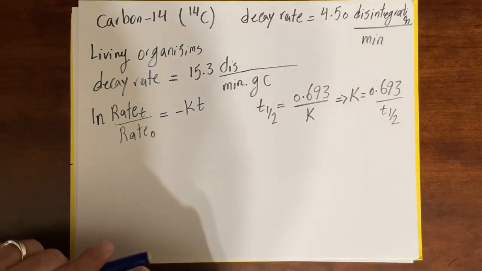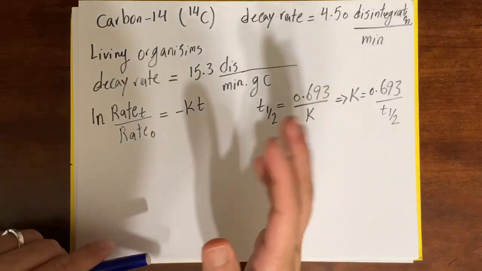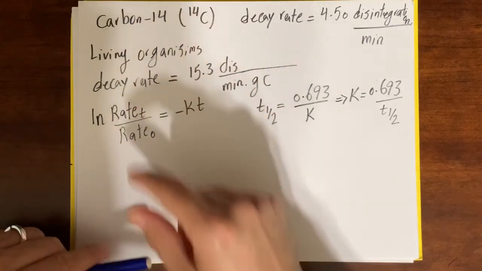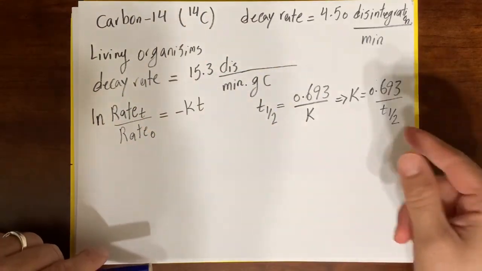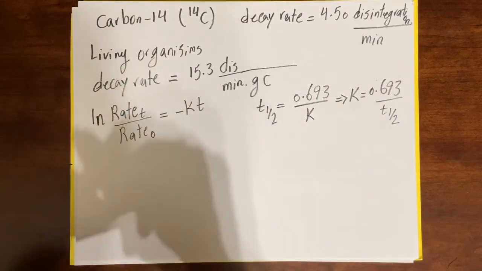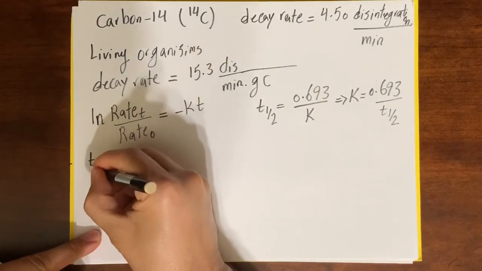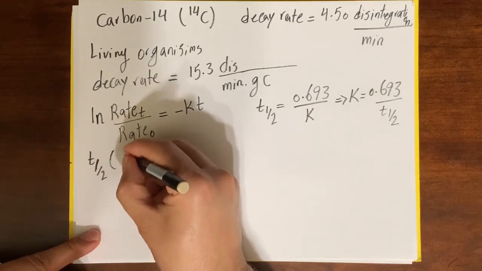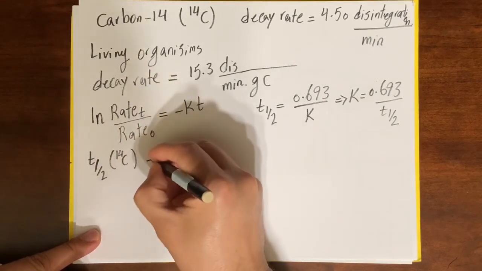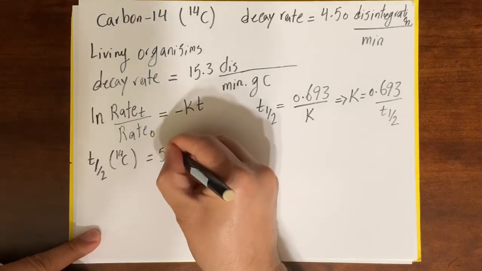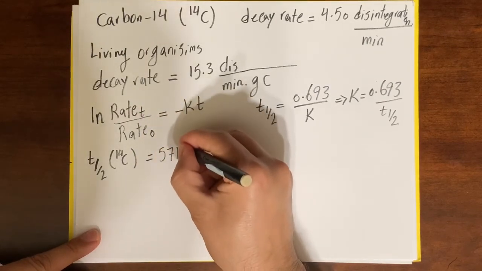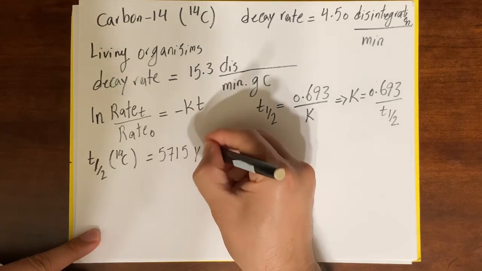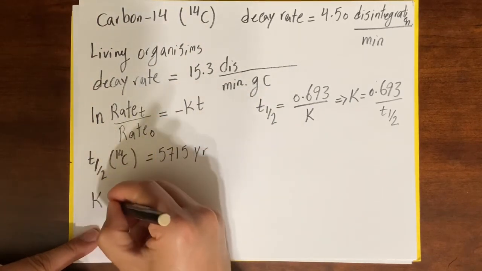Now this is carbon 14. Because it's carbon 14, we know the half-life for it. T half-life for carbon 14 is equal to 5,730 year. So K is going to be